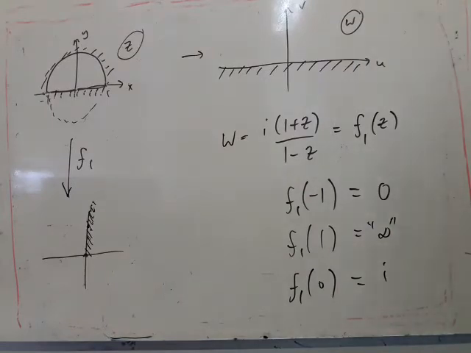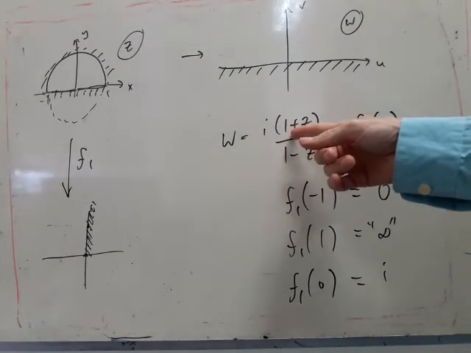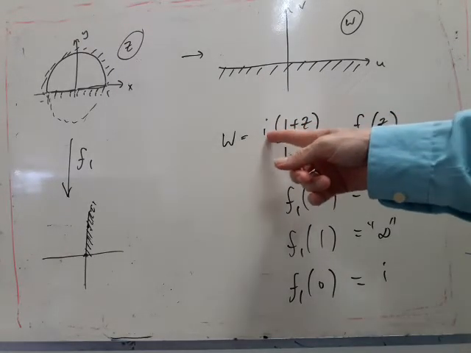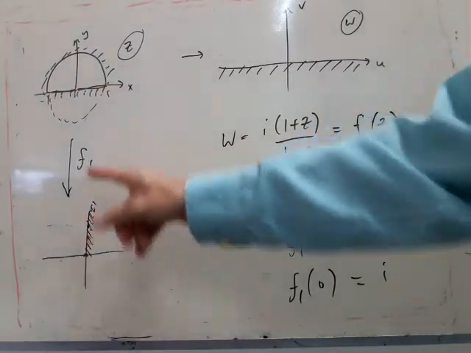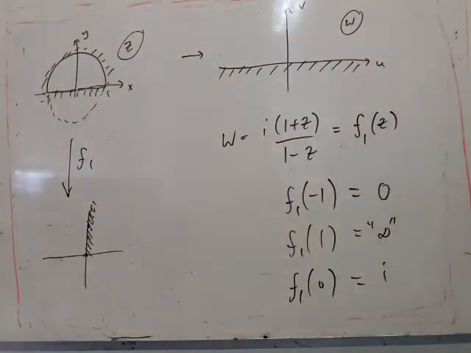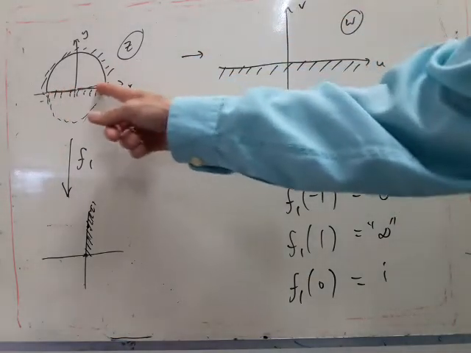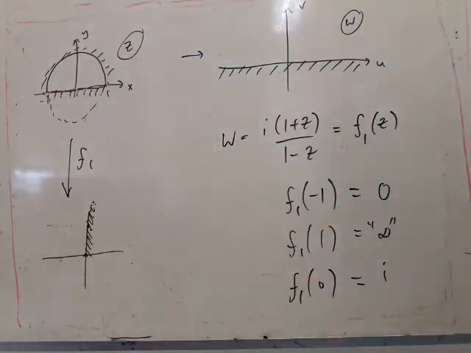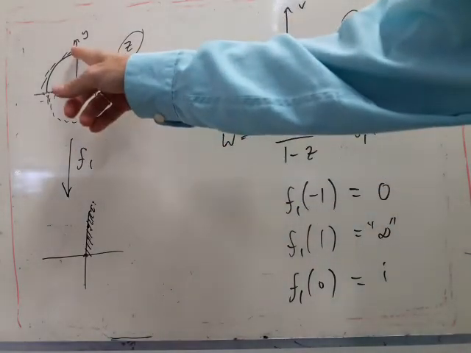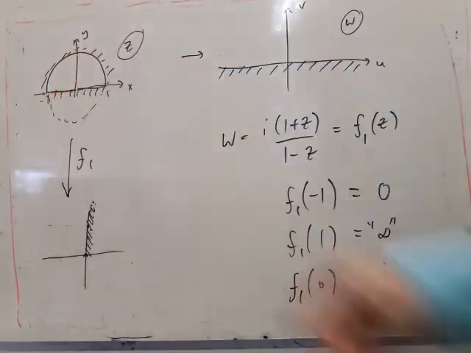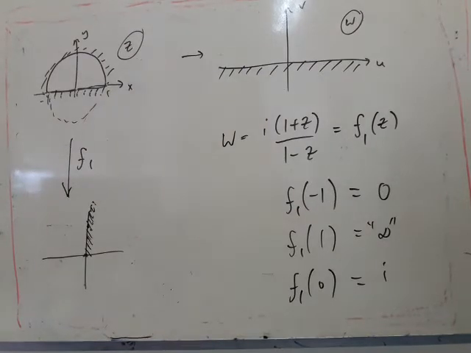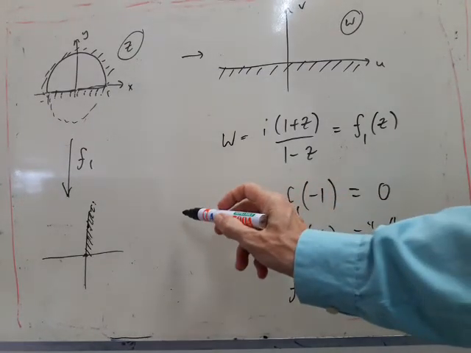Another way of looking at it, which is fairly easy to see, is that if Z is real, then you get a pure imaginary number out, so that makes sense in that way as well. Okay, so this boundary here gets mapped to here. Then we've also got what happens to i. So i gets mapped to